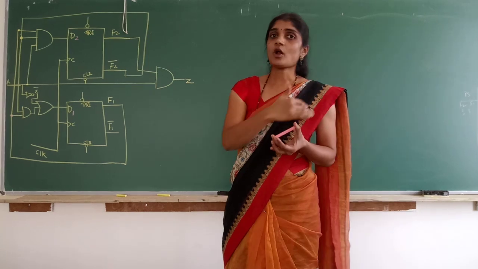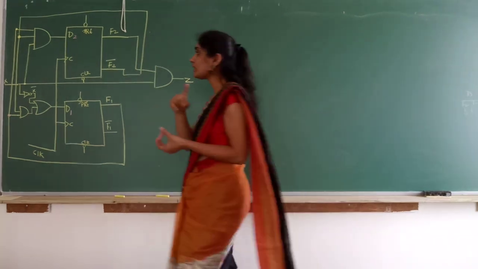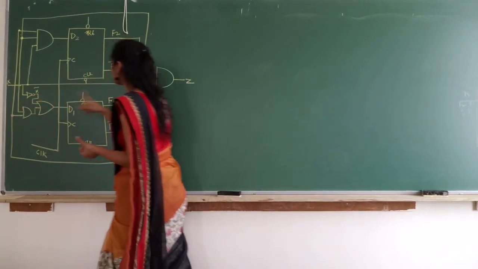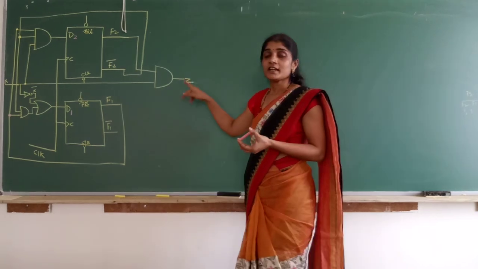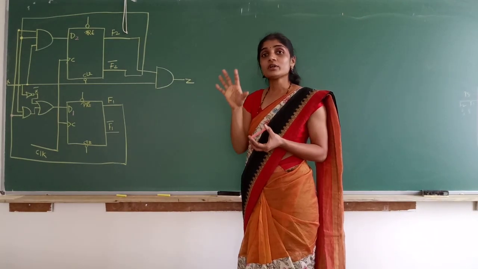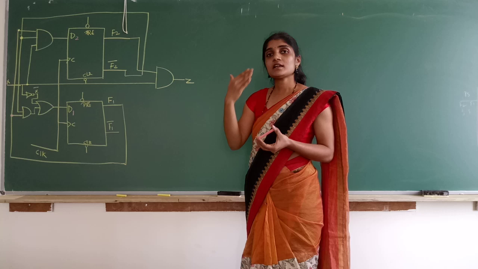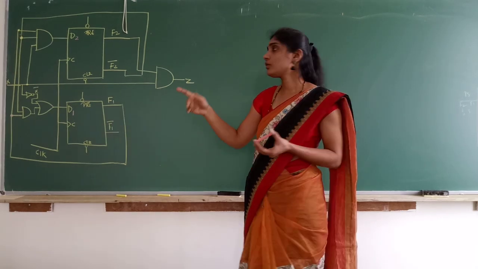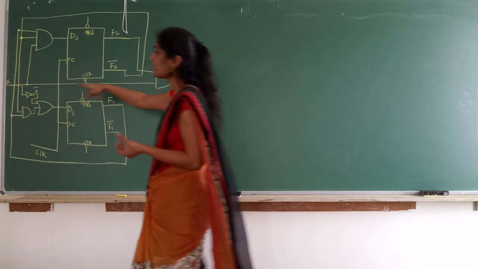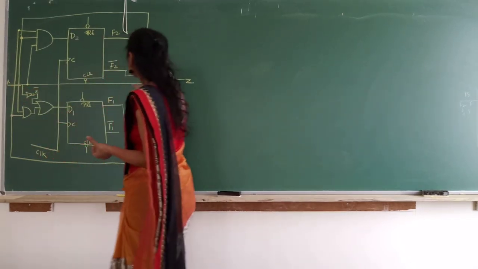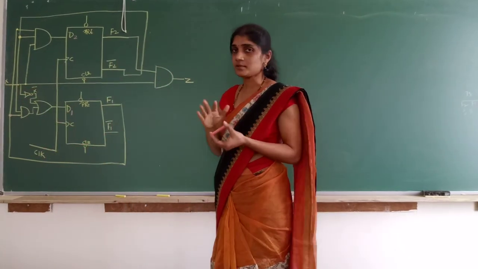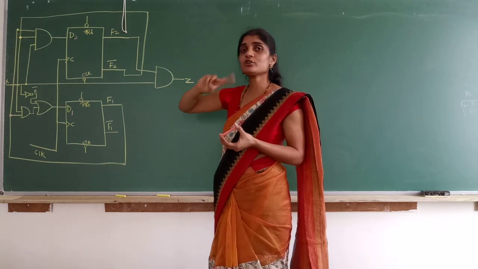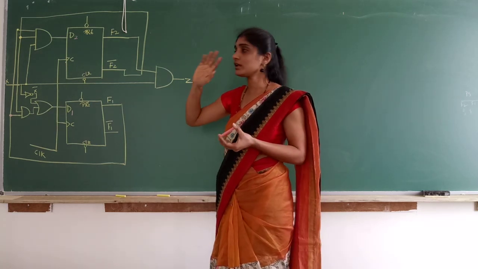But in the last problems, whatever we worked out, we did not have this input variable x and this output variable z. It was only a counter, and we could analyze the counting sequence, a counter without any input variable and output variable. But here in this circuit we have x, and also we have z. So the steps are the same. The only thing is we are adding two more tables, the transition table and state table.